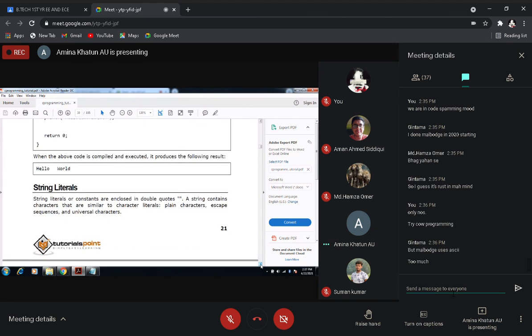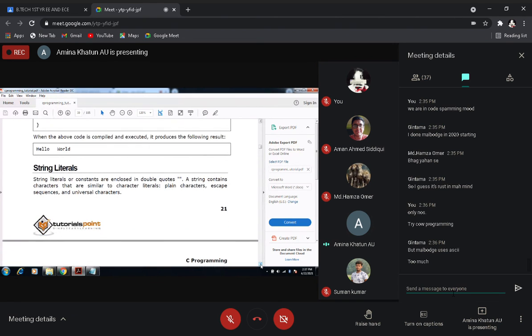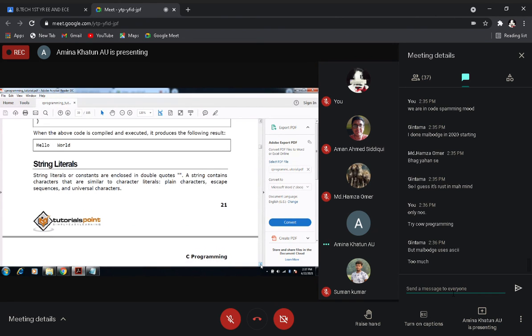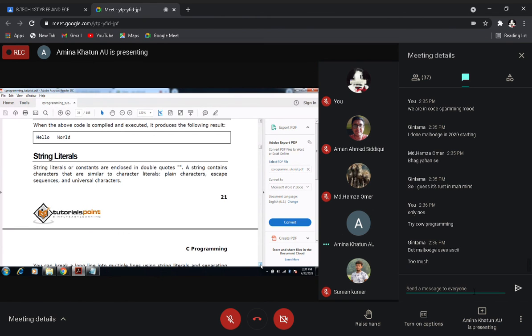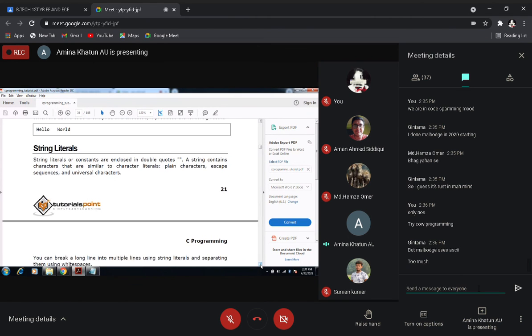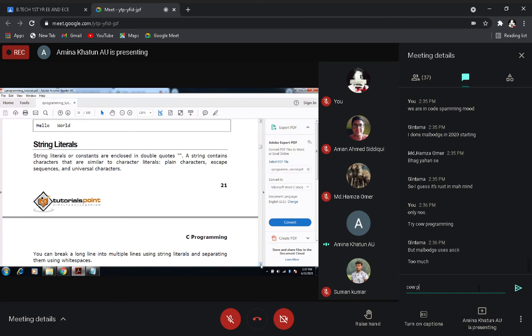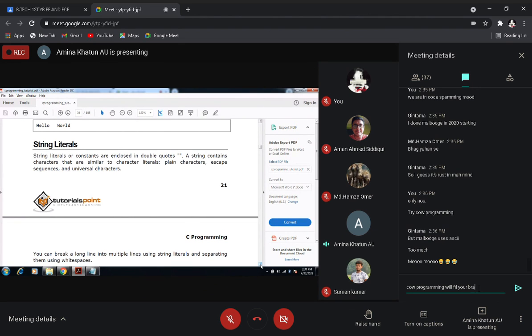Next is string. A string is a collection of characters. Whenever you define a string, it is always within double quotes. So a character is within single quotes, and a string is enclosed with double quotes. If you are giving a value to a string, we have to write it within double quotation.